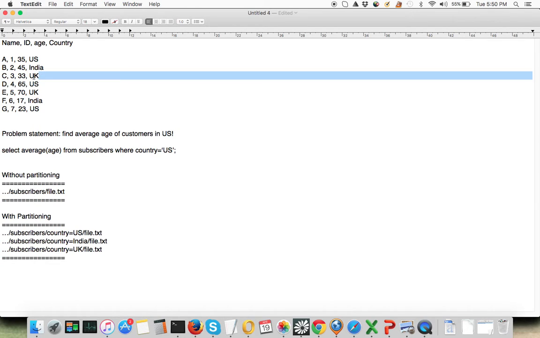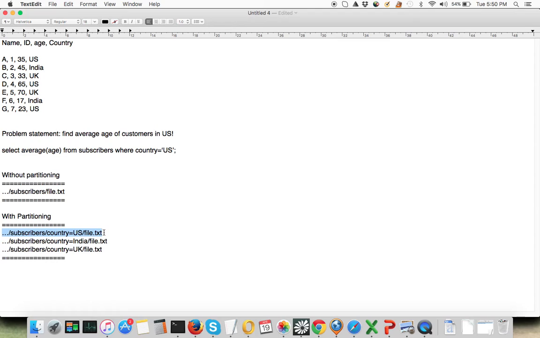In this case, we know that the number of countries is going to be limited. It's not something which keeps on growing. So let's say you have 200, 300 countries. That's the maximum cardinality of this dimension in your data. So you can partition your table on the country column. And in that case, your data is going to be stored in separate directories for separate countries. All the data where country is equal to US will be stored in a directory like this,